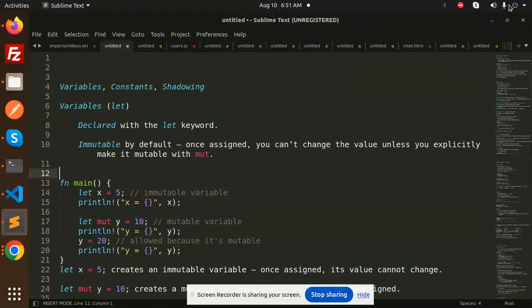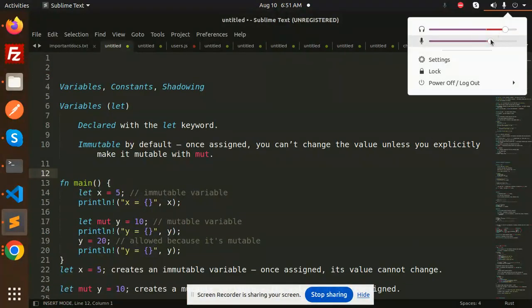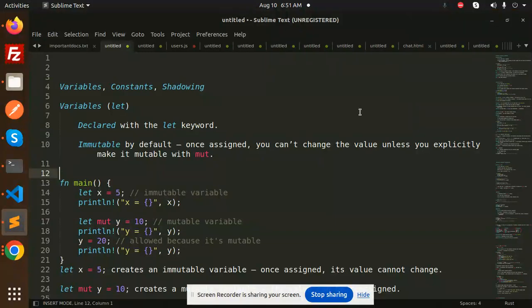Today we are going to learn about variables, constants and shadowing in Rust. Let's get started. First of all, we have variables. How are we going to declare variables? We declare variables with the let keyword. Immutable by default means once assigned, you can't change the value unless you explicitly make it mutable